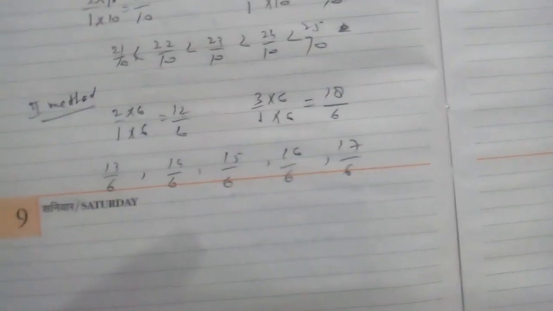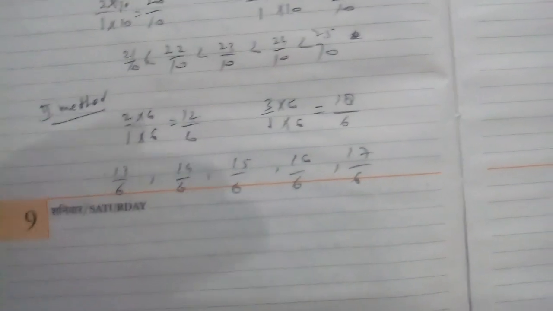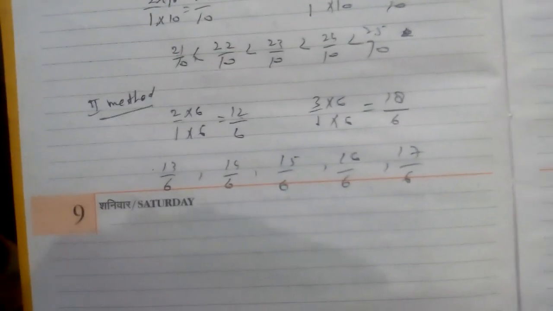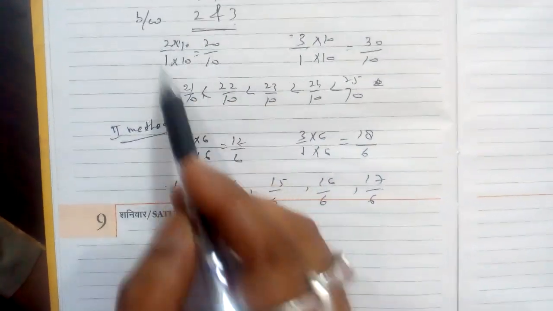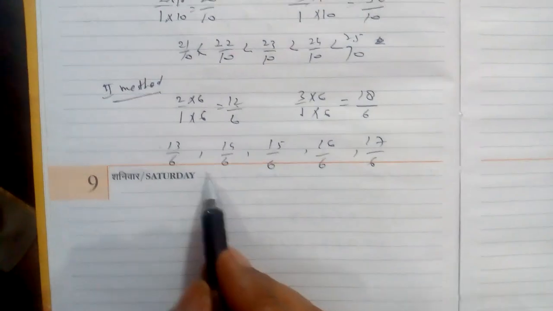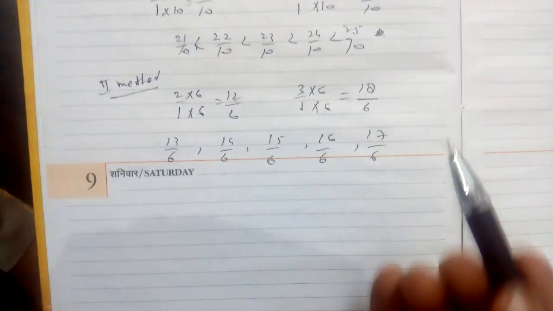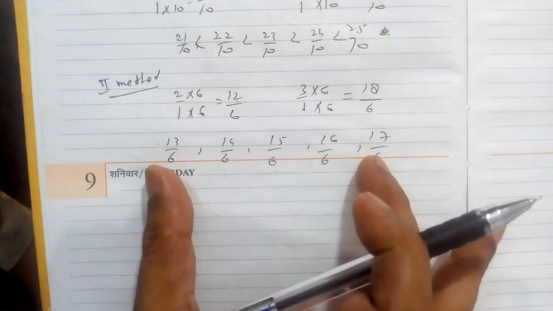But I am not saying that you don't do the other, because in the previous class you know this is already given. So you have solved like this. So you have the option: any one method you will adopt and find out, but don't leave it as it is.